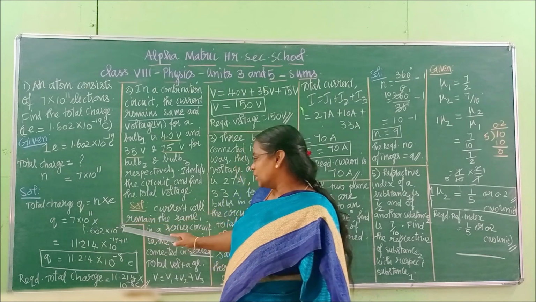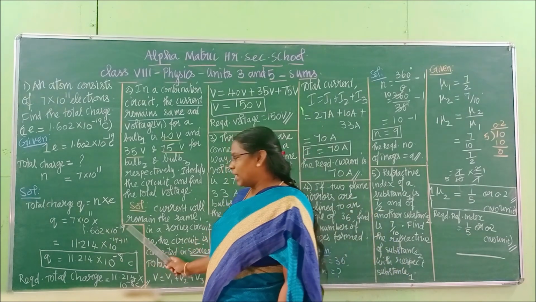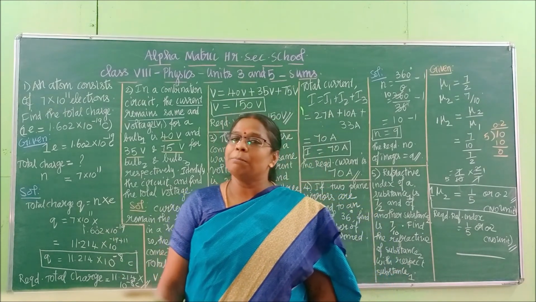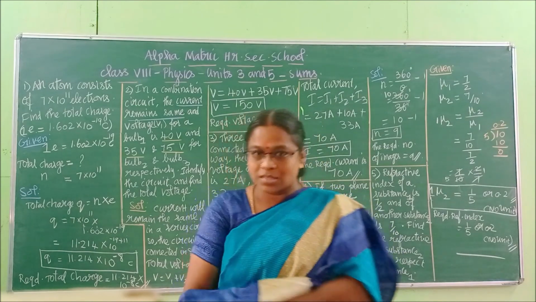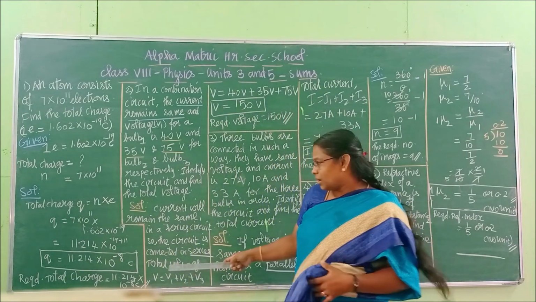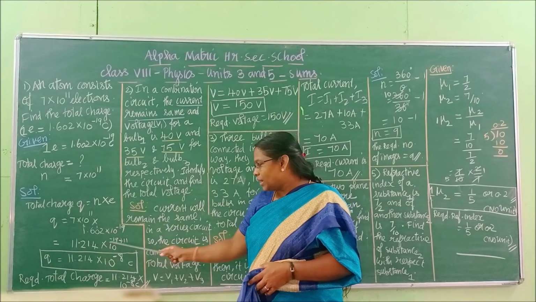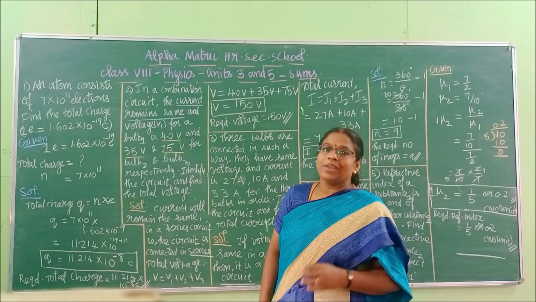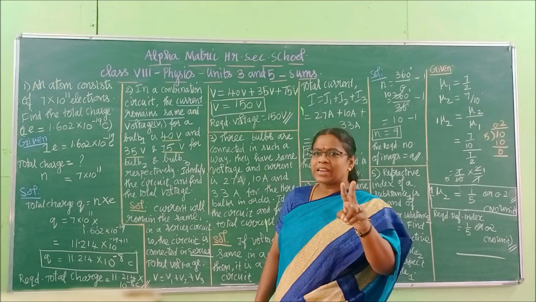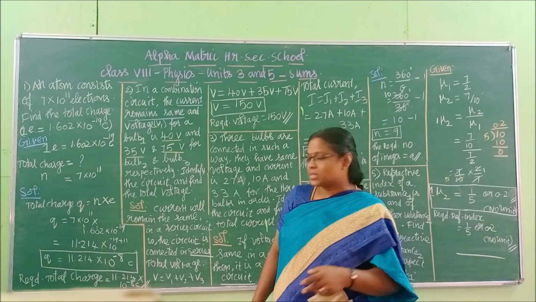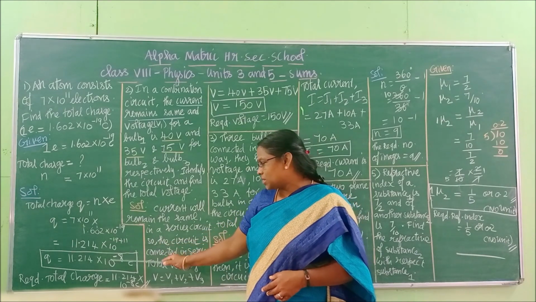This is 11, this is minus 19. A power m into A power n is equal to A power m plus n. Where did you learn this? You learned this in your exponents and powers maths. So it is A power m plus n, so 11 plus minus 19. What is your answer? Minus and plus are there, so you have to subtract and write the greater number's sign. That is your rule: if signs are different, subtract and write the greater number's sign. The greater number here has the minus symbol, so minus 19 plus 11 is minus 8.